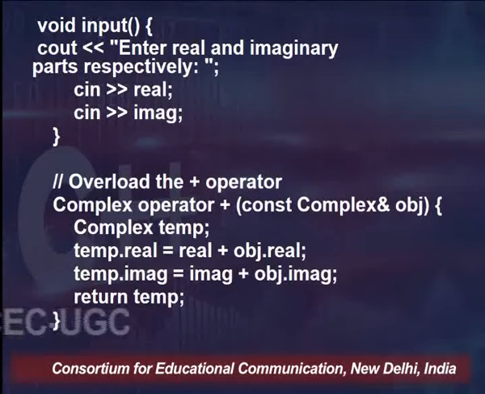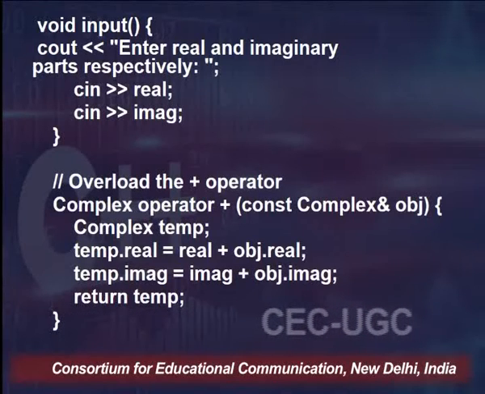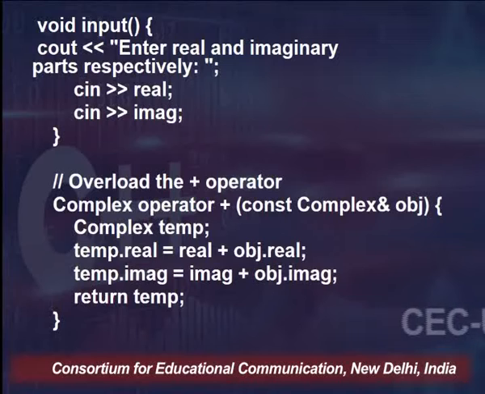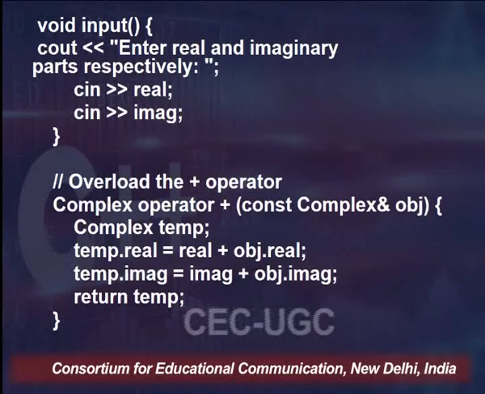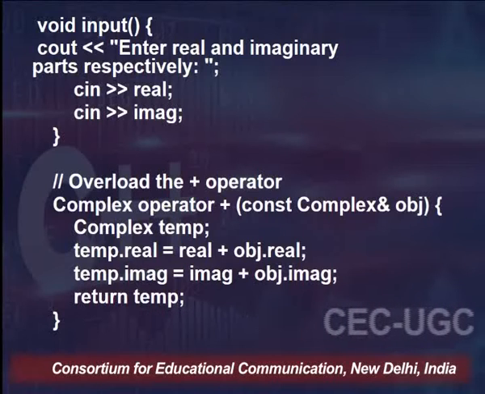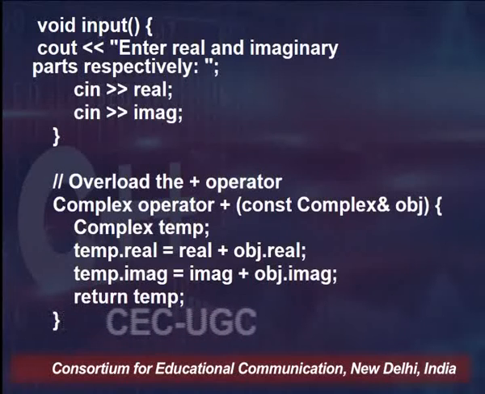So what do these two lines actually mean? On the right hand side of the assignment operator, we have two values here, one is real, another one is obj.real. So obj.real is the real component of that object which is being passed as the parameter,